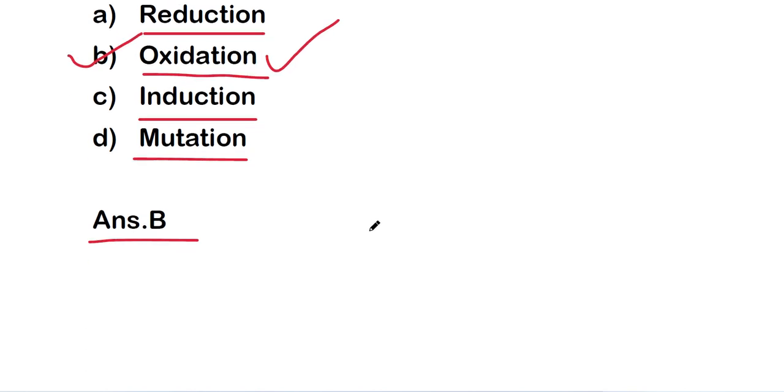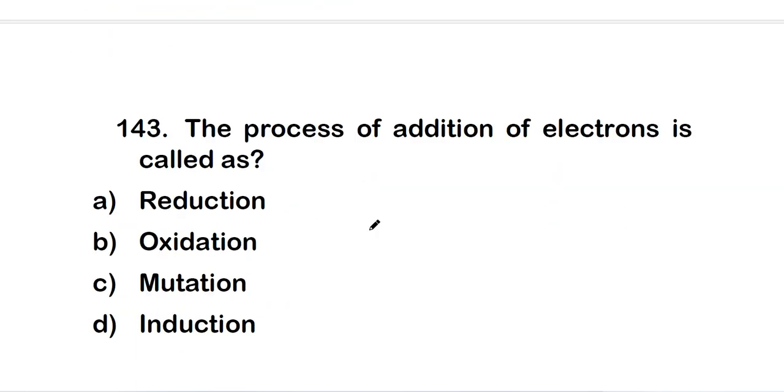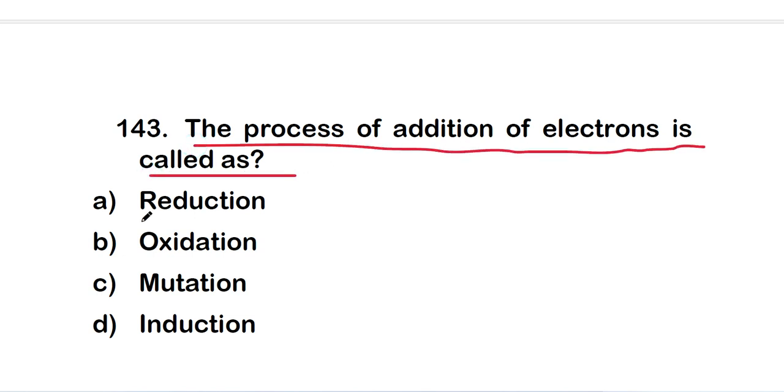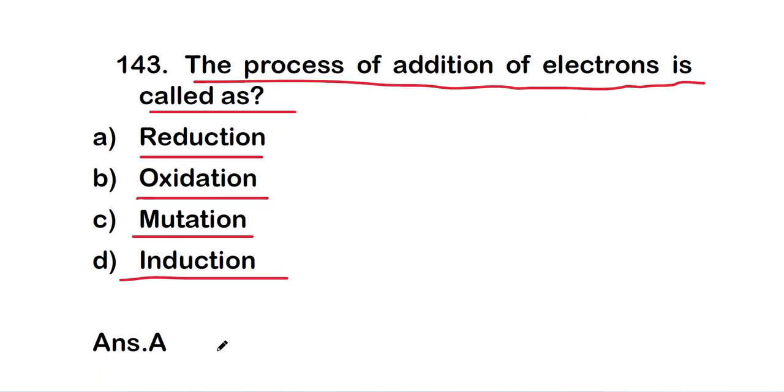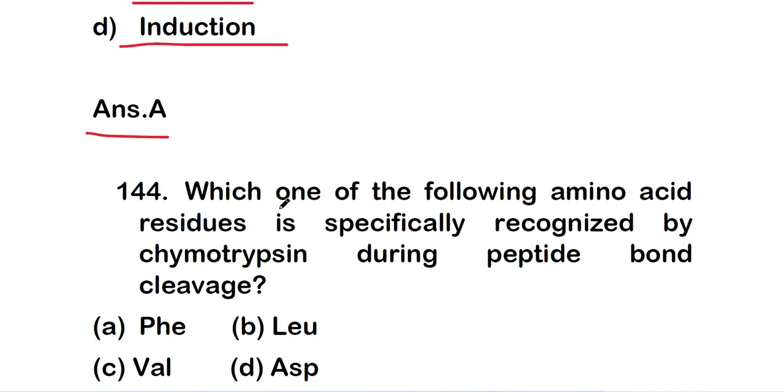Okay, so let's move on to 143, that is the process of addition of electrons is called as option A reduction, option B oxidation, option C mutation, option D induction, and the right one is option A, that is reduction. So the process of addition of electrons is called as reduction. Okay, so next one is